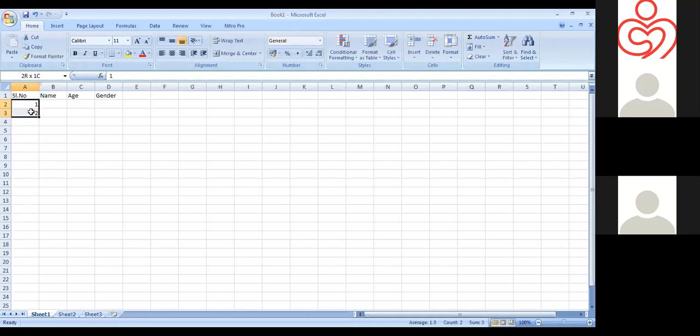Since my sample size is 10, I can drag like this. Automatically, if after 1 I enter 2, Excel comes to know that the cells are going up by one unit from one cell to another. So that function will apply to all the cells, and we can drag like this.